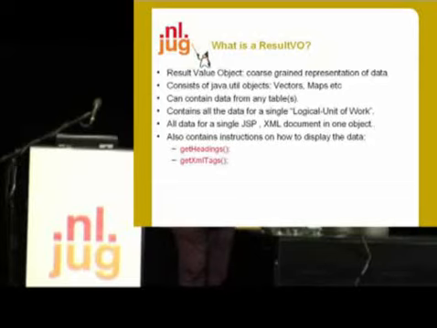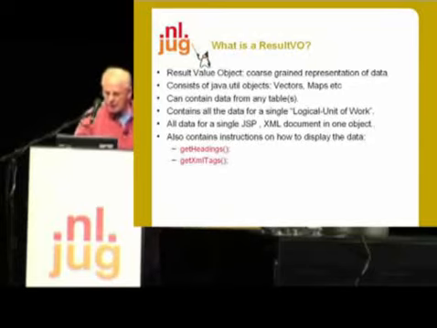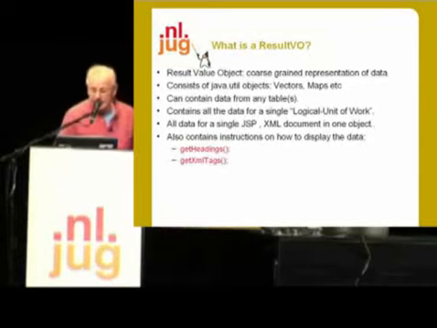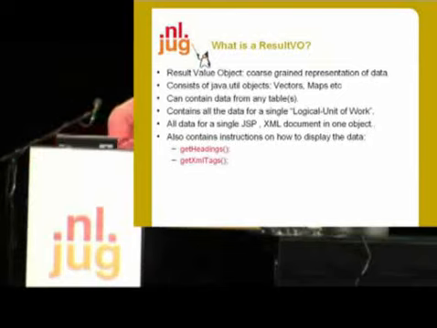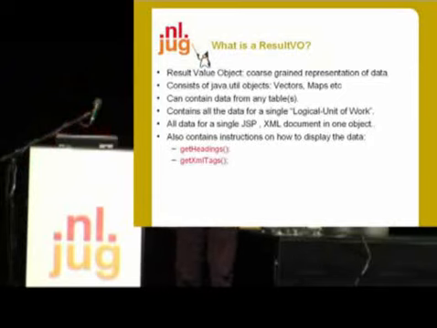So the whole idea about the result value object is you group the items together. So you have in one object all the data you're going to need. It's going to be the way that you pass data from your model through to the controller and back to the view. It's going to be a standard application interface, the way that you're going to transmit data from one component to